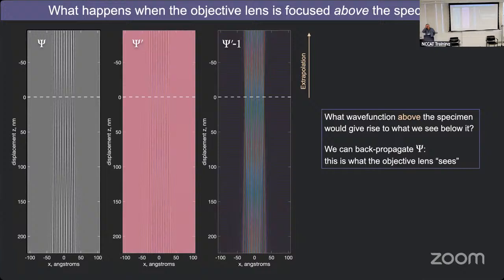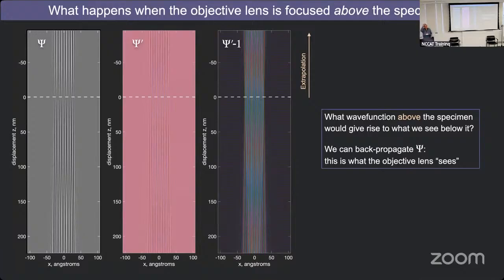Okay, so now here's a trick. It turns out that no one focus... So I'm claiming that if we focus the objective lens below the specimen, we'll see contrast. Now here's a thought experiment. Suppose we focus the objective lens above the specimen. Well, I'll talk about this in a more concrete fashion later. But suppose we